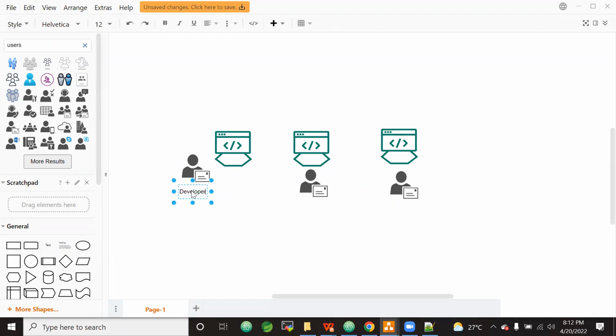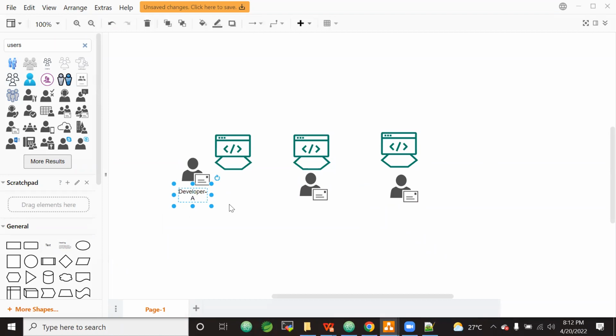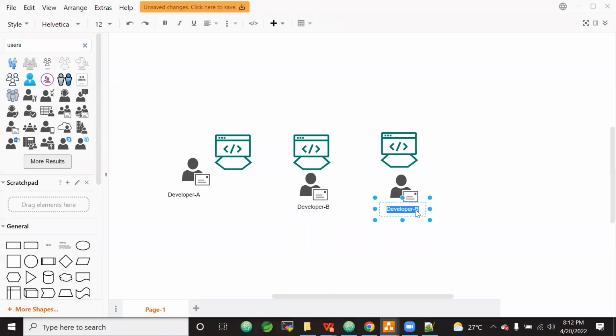This we have seen, right? Usually in real time, we will see this. Developer A might require the developer B source code, or maybe developer B source code might require developer C, right? Maybe developer C source code might again require developer B. That means in a collaboration mode they will work. So when this guy requires the source code of this person,